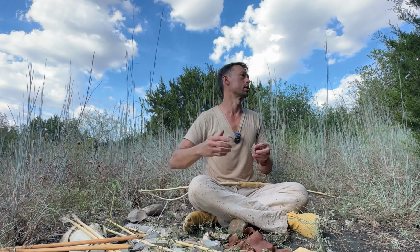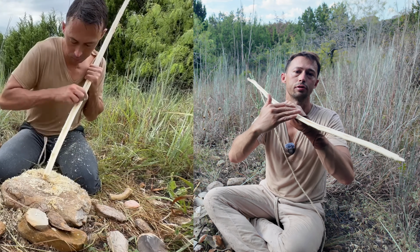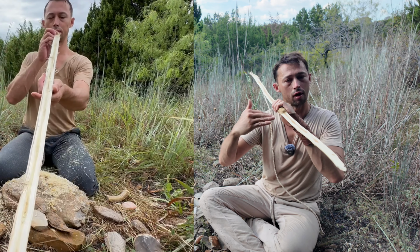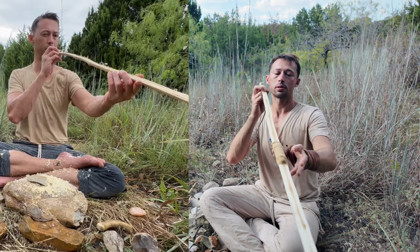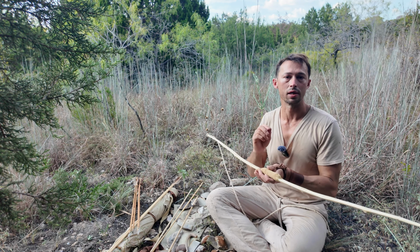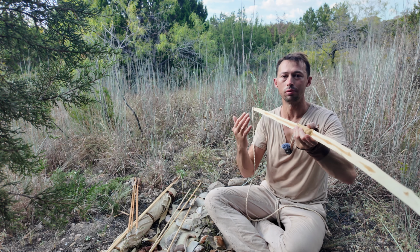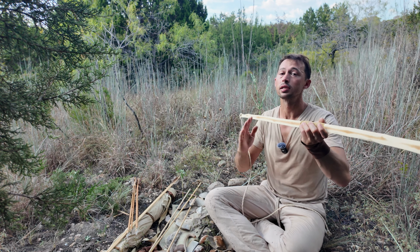Scraping is the longest process. The first goal is leveling down the wood to a continuous flat surface in one plane following the grain. So sight down the stave regularly and make sure you're scraping down the high spots. Now, once you've fully removed the wood to leave an equal level half of the stave, the next step is